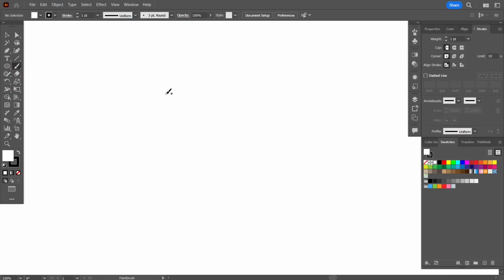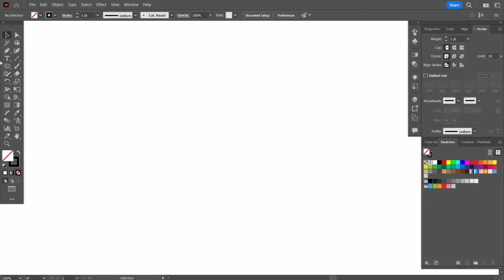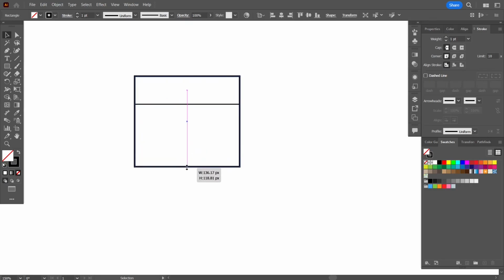If you want to have the idea, it's basically going to be like this, like paper notes, and have the wording written notes here, and then you have straight lines here. This is what it's going to look like. So I'm going to take the rectangle tool, quickly build it here, go back, press Ctrl C, not V, Ctrl F, paste in front, hold it, drag it like so, take the line segment tool,